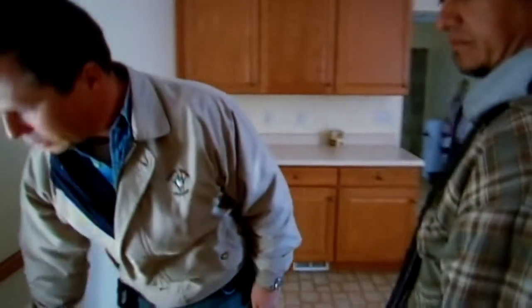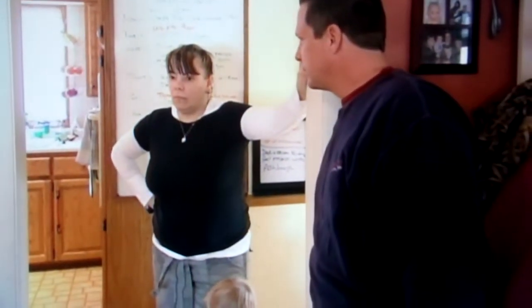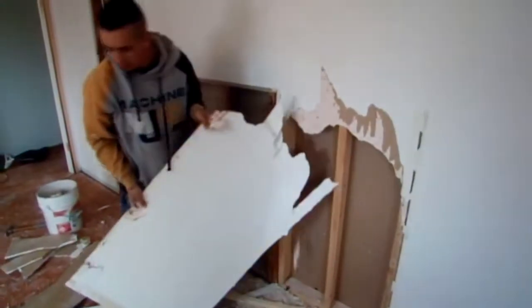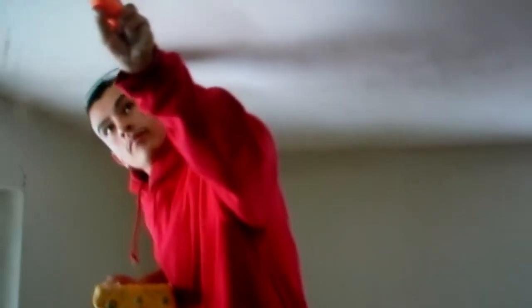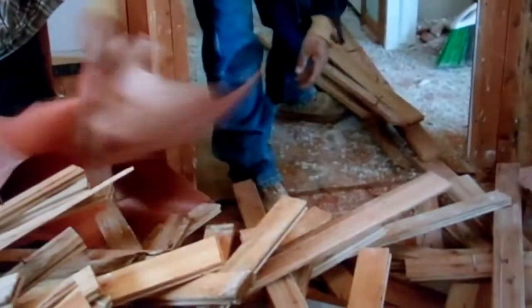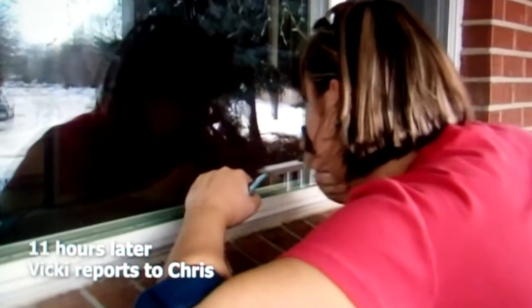He brought his designer in this morning and decided that instead of just putting a picture window in, they're going to knock the wall down. Make it one big great room. It's a leap of faith, but Vicky leaves everything in Todd's hands. It's just scary when people start knocking down walls in your house and everything. Oh, it's not too bad. It's like half the wall's been taken down and there's no carpet on the stairs. I thought this whole...